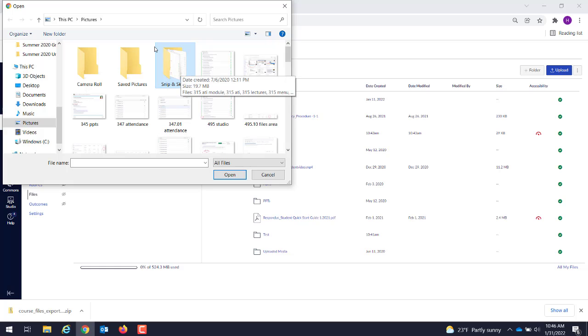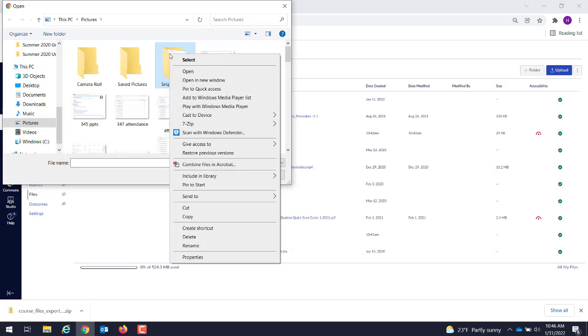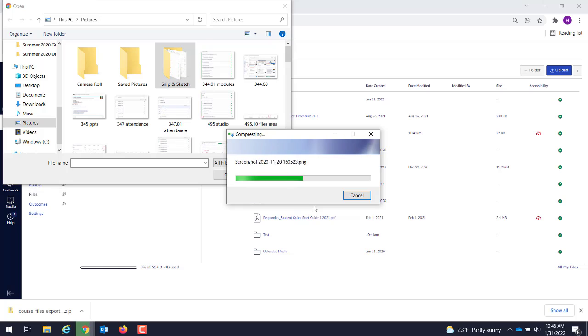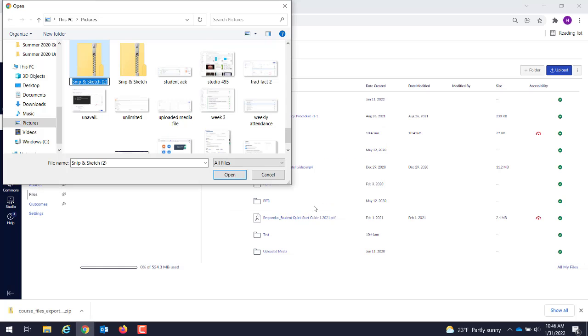And if I want to upload all of my images, all my screenshots, I'm going to click on that file folder in my device and then right click, and you'll see that you can go send to. What you want to click on is compressed zip folder. When you click on that, it's going to compress all of your files, and it will add that file to your device area. So then what you want to do is click open,